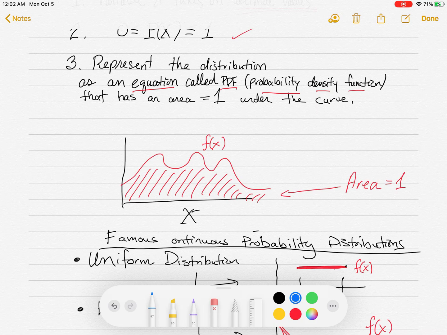That entire area tallies up to 1. So the area under this curve here is going to be totaled up to 1. Now, how do you actually calculate probabilities? Well, what you're going to do,